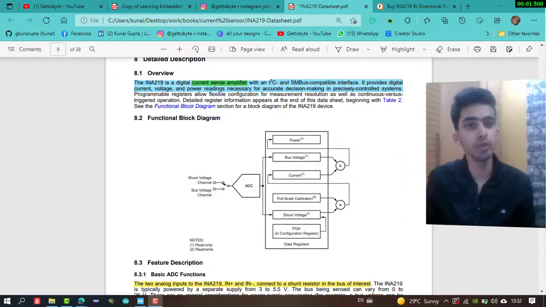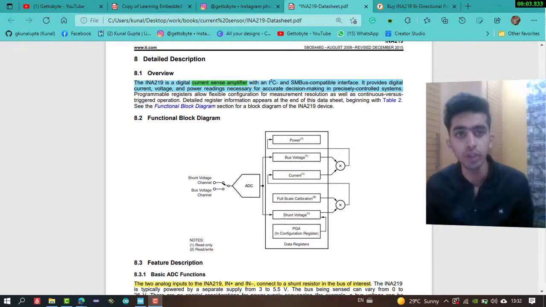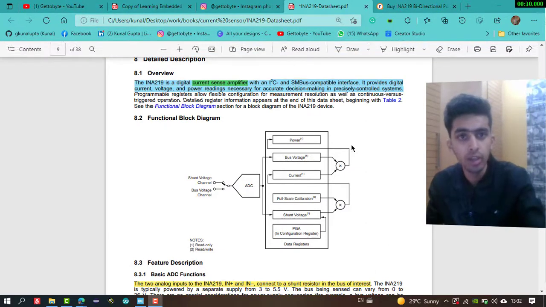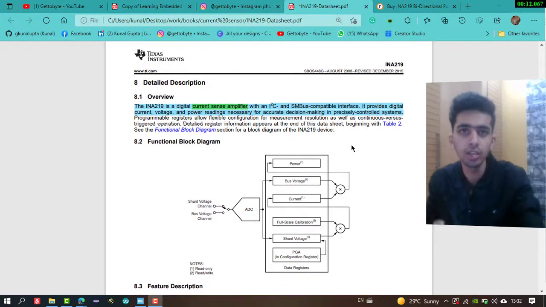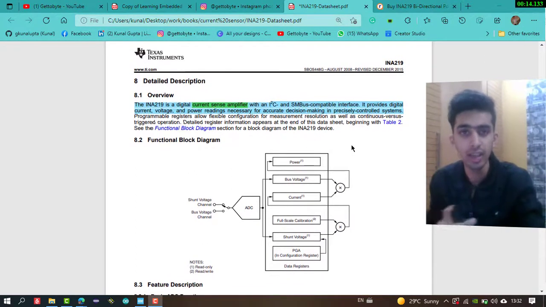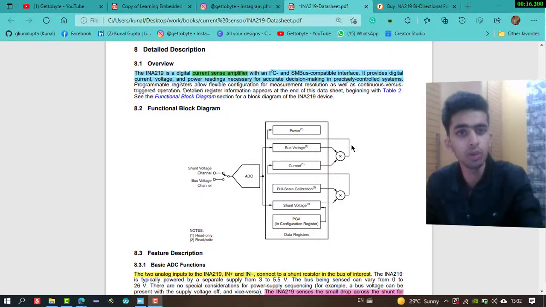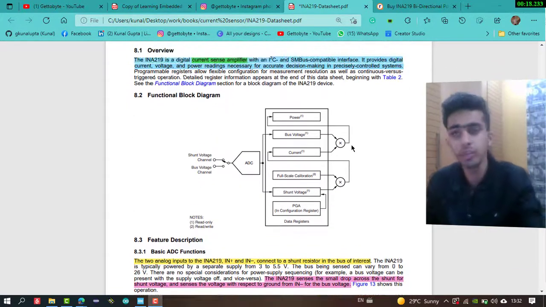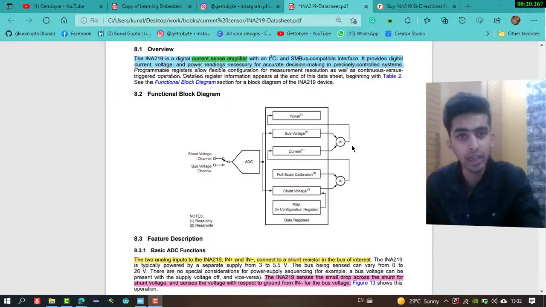So guys, continuing from the last video where we left off, we are making the device driver and firmware for our INA 219 based current modules. In the first video we understood its basic electrical parts. Now we will get to know about its programming and we will make its firmware. So now let's start the video.